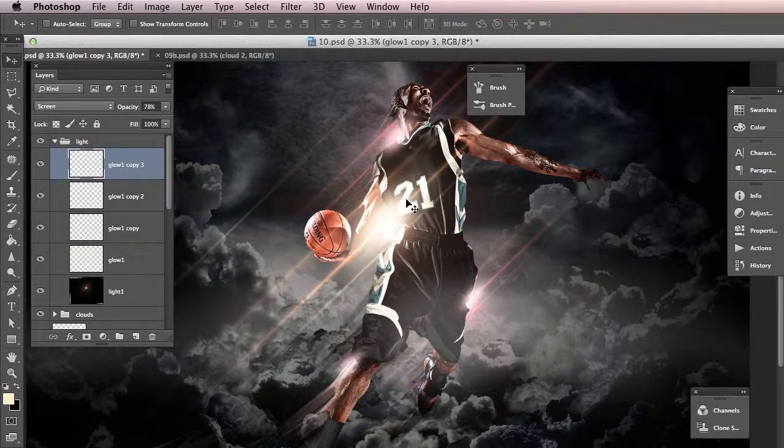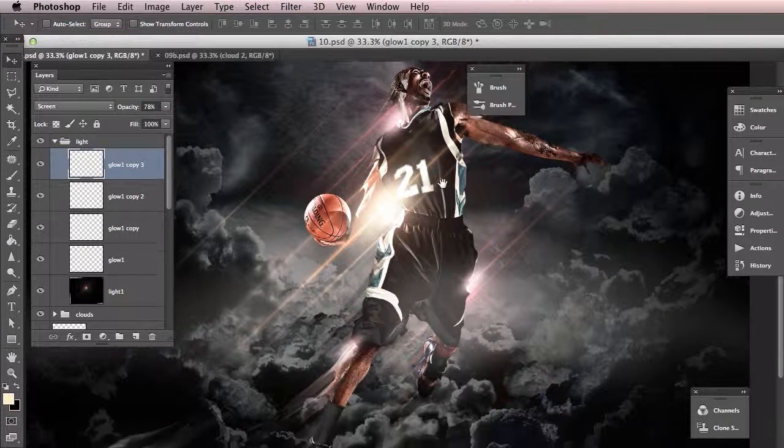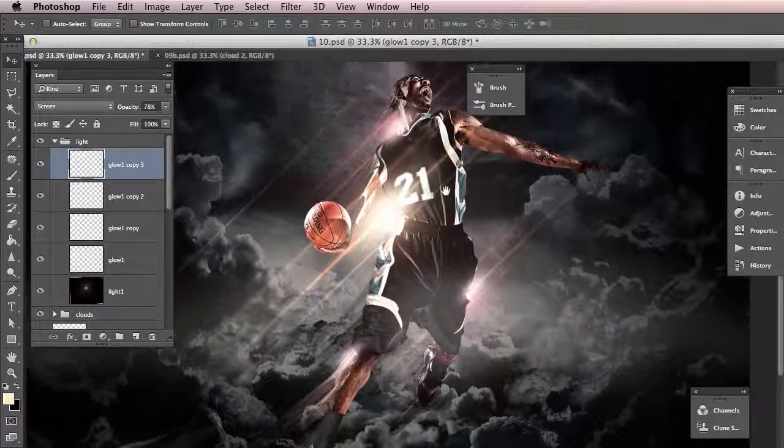What we'll be doing in the next lesson is creating flames in a very good third-party plugin called Flame Painter. So we can add some flames to the ball and some light to the overall image, and further accentuate the lighting effects on the overall